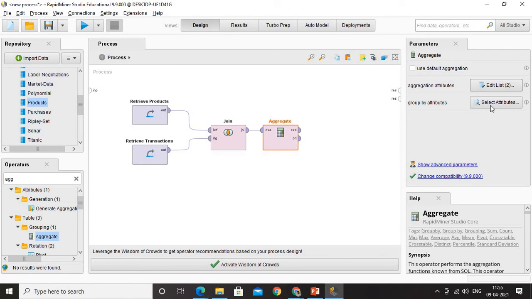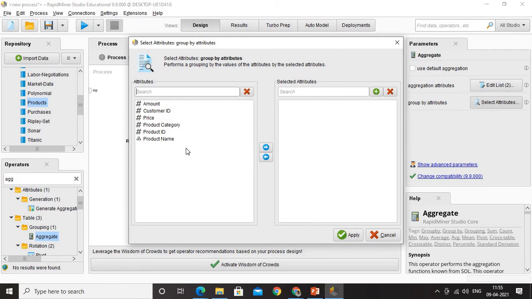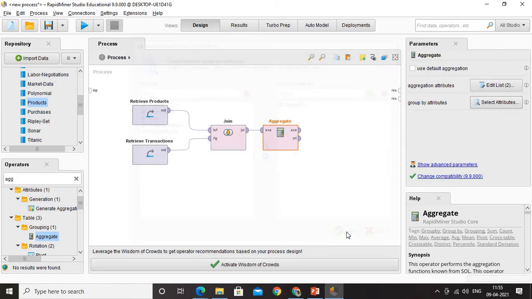Now what is the next step? I need to group. So you see the procedure. First I took the data, I joined it, I set the context very clearly, and then I went to aggregation, and in aggregation I set the aggregation attributes and then I need to group them. Grouping is very easy. So what am I going to group these with? Product ID. When you double click it, the product ID is available, and that's the category we are using for grouping. Apply, and that's it. Your work is done. Connected to the result, and that's all.